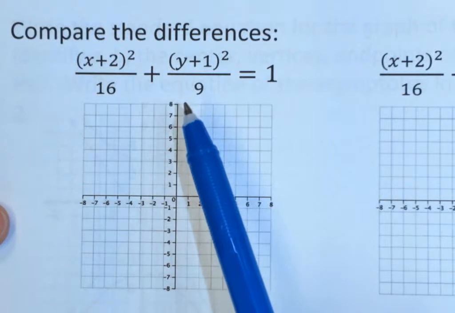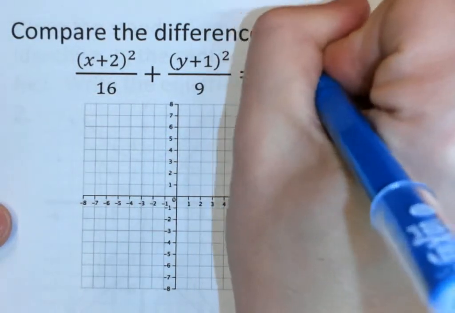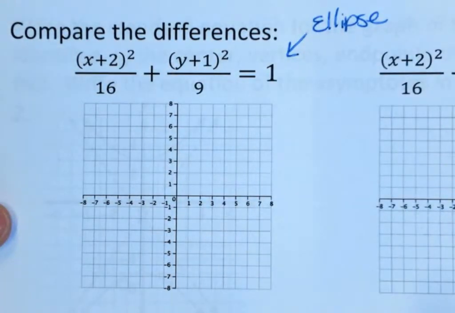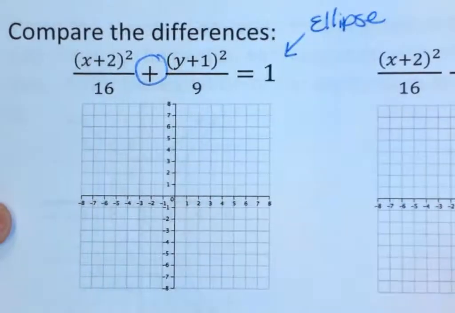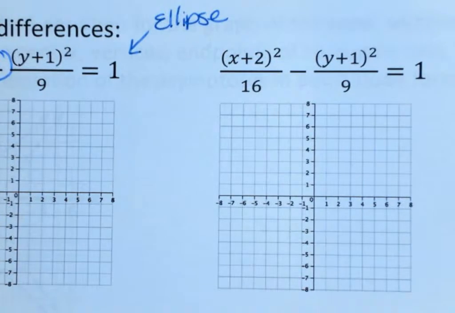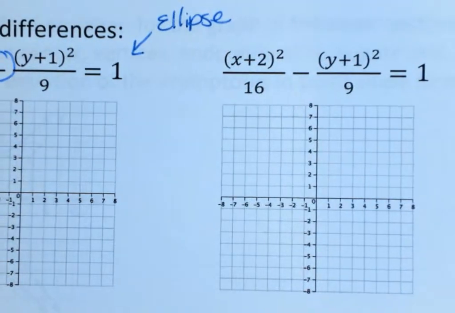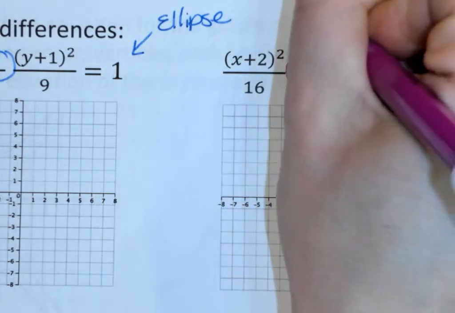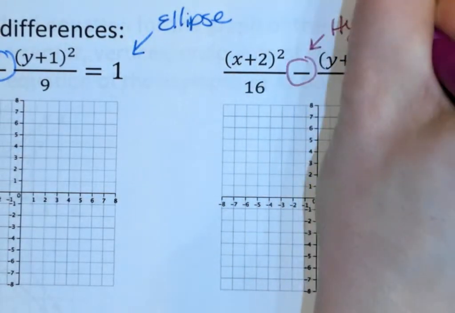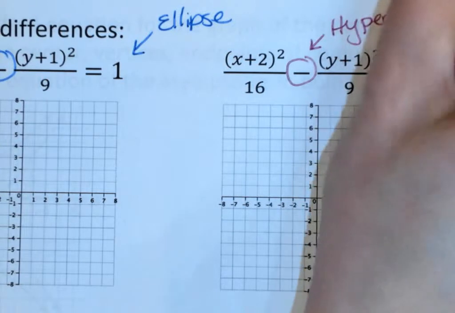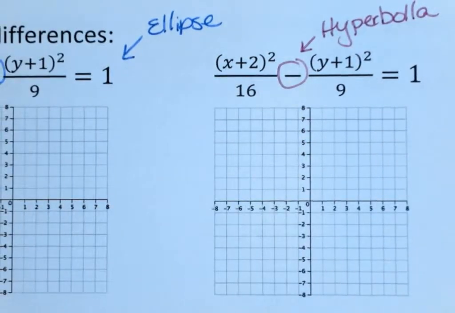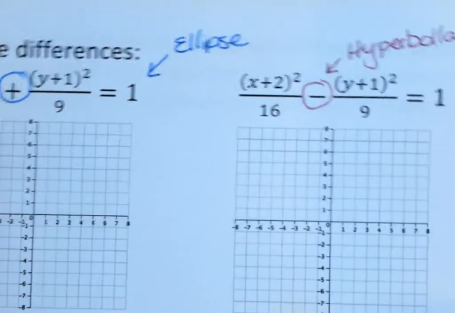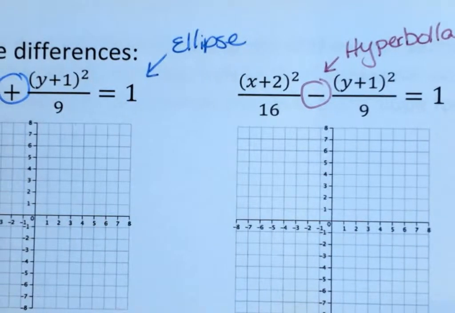Of an ellipse. Why is this an ellipse? Because there's a plus sign. What's this one? Hyperbola. Hyperbola. I'm just kidding. Hyperbola. It helps me spell it. Hyperbola. Hyperbola. All right. So that's the first thing that you need to figure out is what type of a